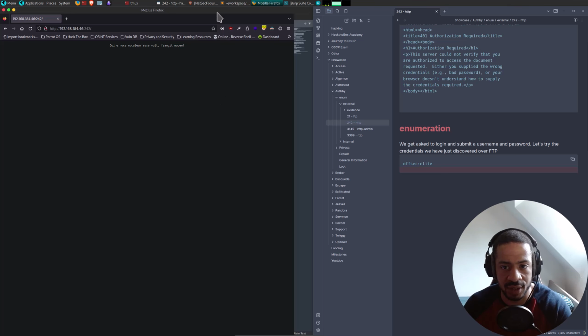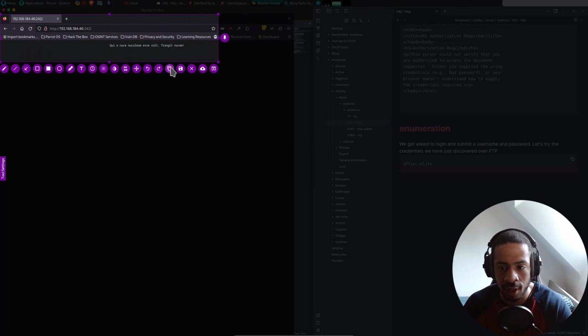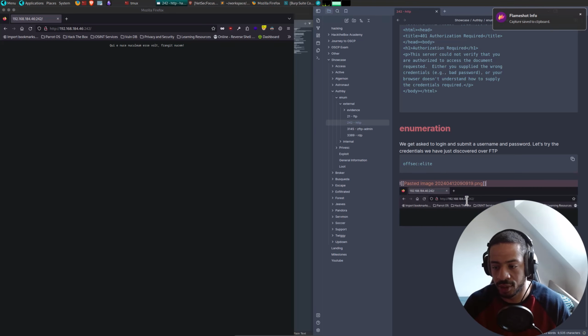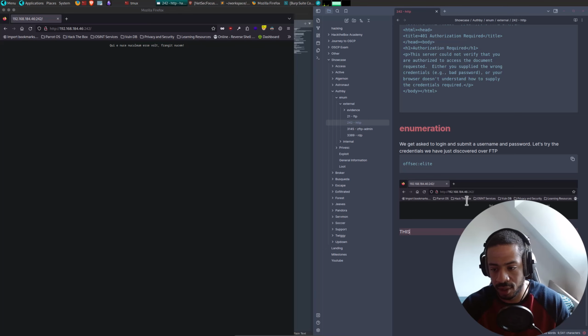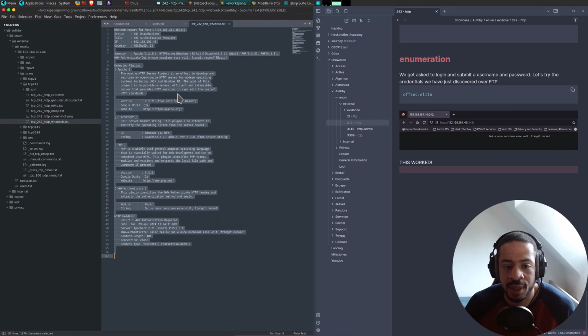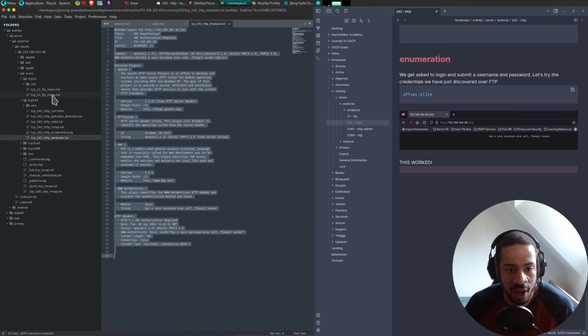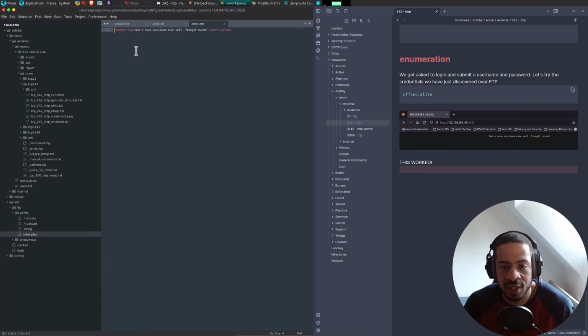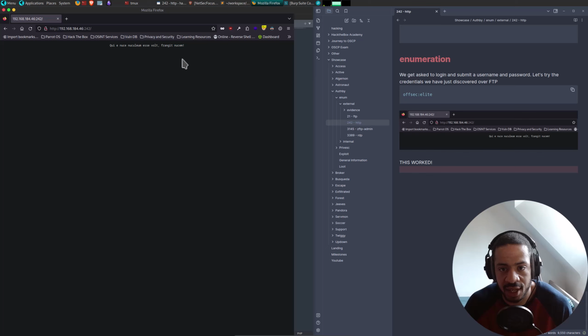So two things. This is, like I thought so before, the index.php that we found, where was it? Here. This index.php is the same as here. Okay. And what else did we find?